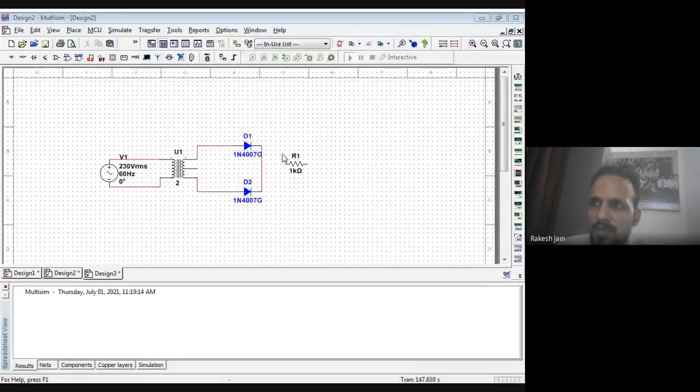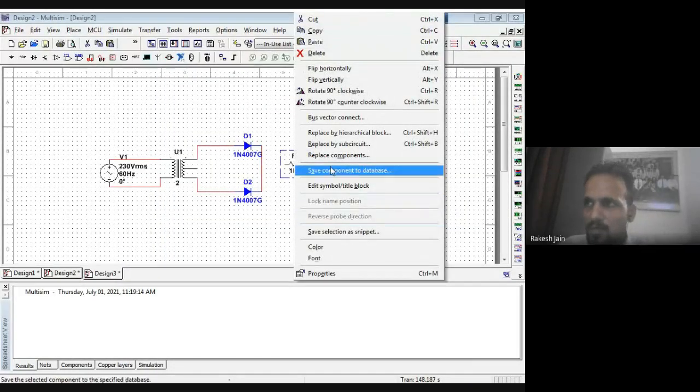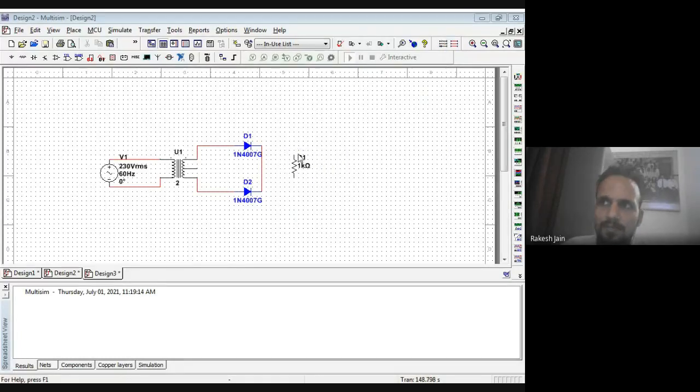and just select that one and right click and rotate so that it will be vertical. One terminal is connected with the upper terminal, and one terminal is connected with the lower. The lower terminal is connected with the middle pin of the transformer. Both the cathodes are connected and then connected with one terminal of the resistor. Another terminal of the resistor is connected with the center pin of that rectifier.